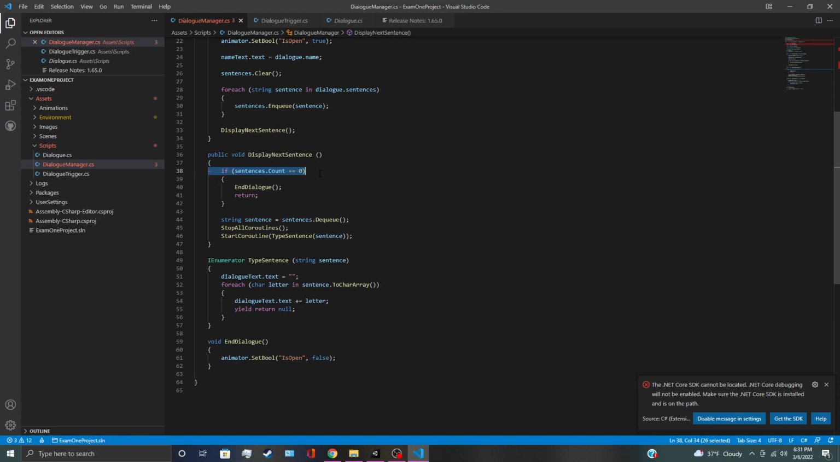So it's going to check, are we all done with sentences? And if we are, we're going to end the dialogue and return. And then it's going to set that to false, which in our animation system,